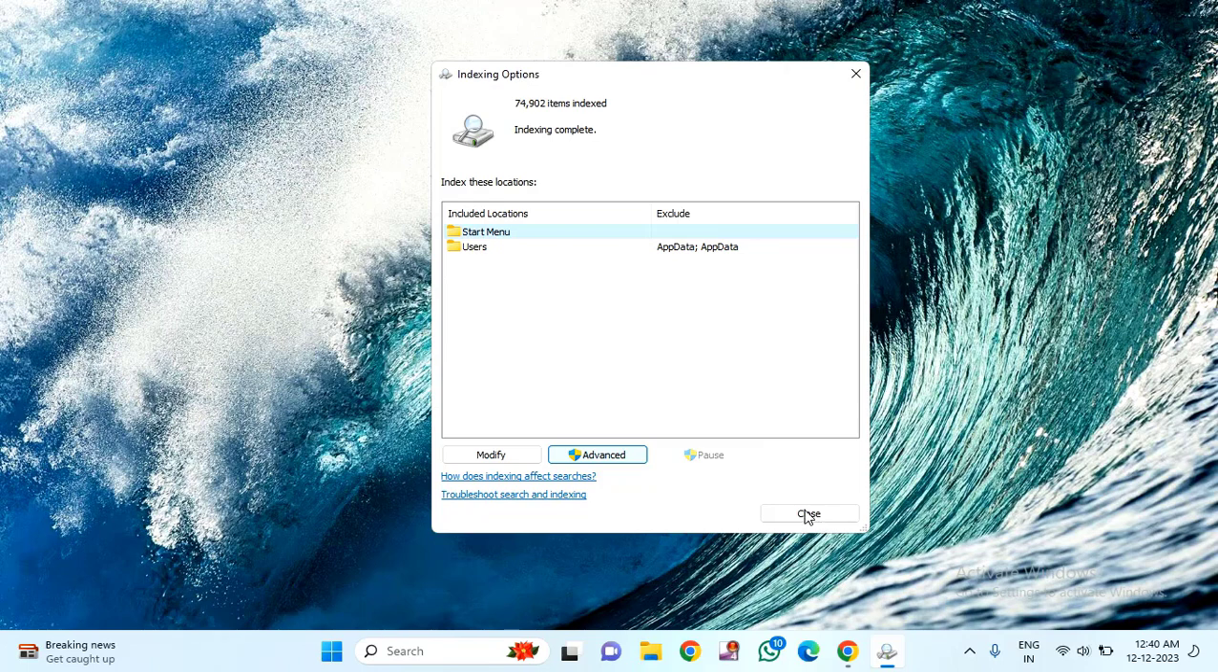So in this way you can delete and rebuild search index on your Windows 10 or Windows